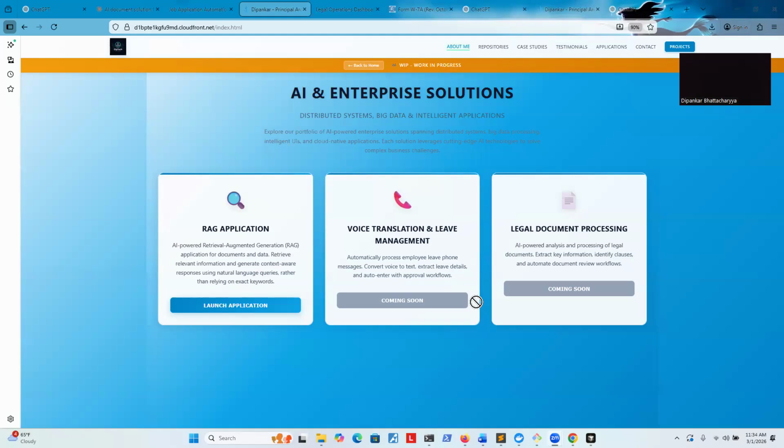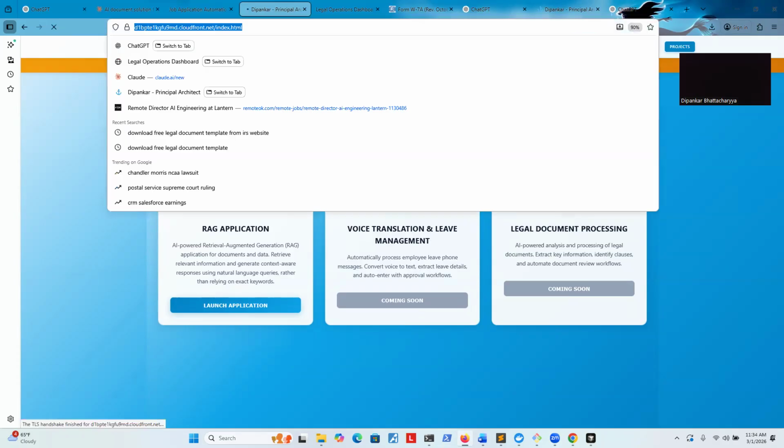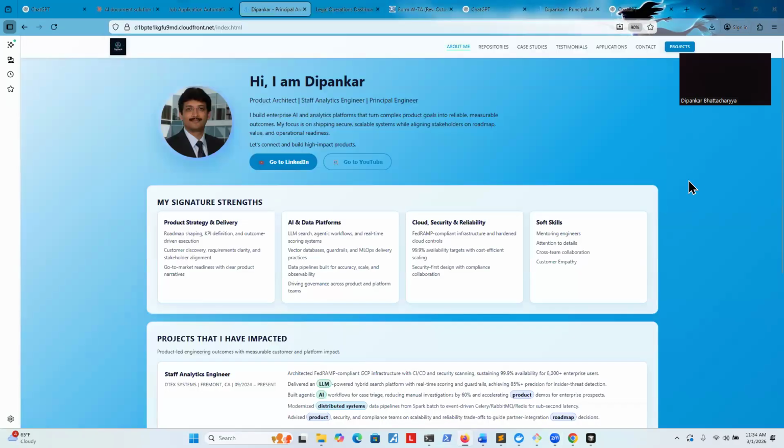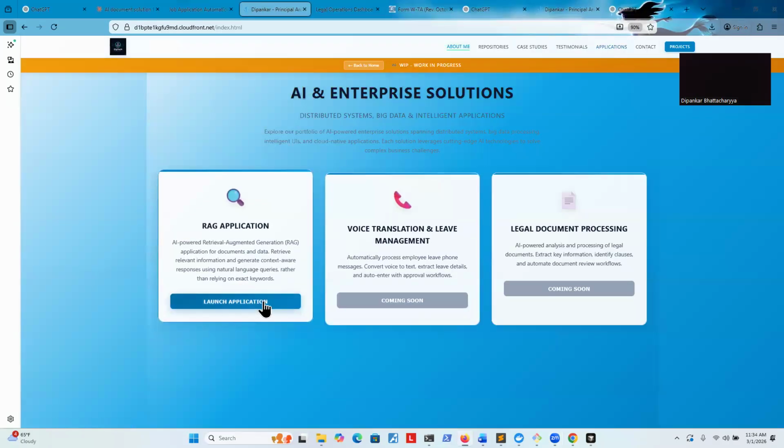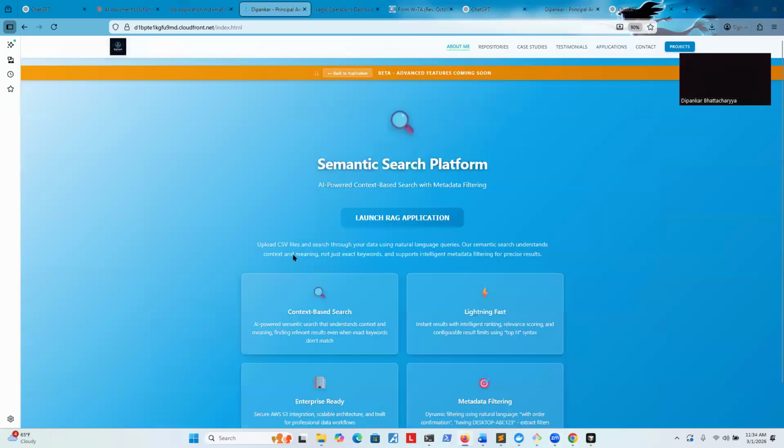Okay, let me demo this semantic search, the RAG-based application. You can go to my portfolio page, and from there you can click the applications, and then the RAG application. So launch this one. Let me give you the concept behind what we are trying to